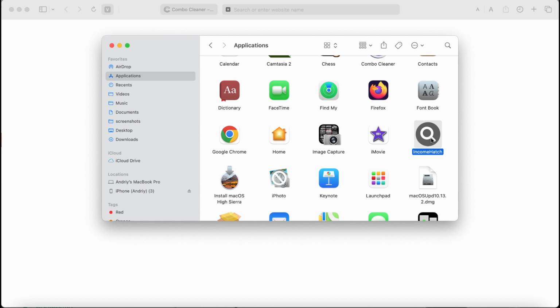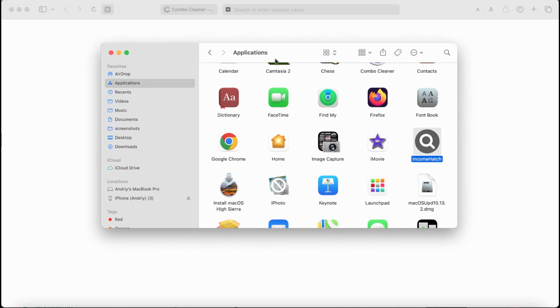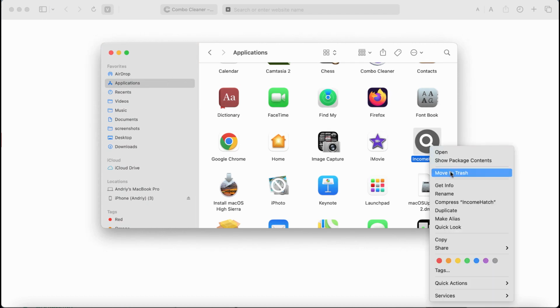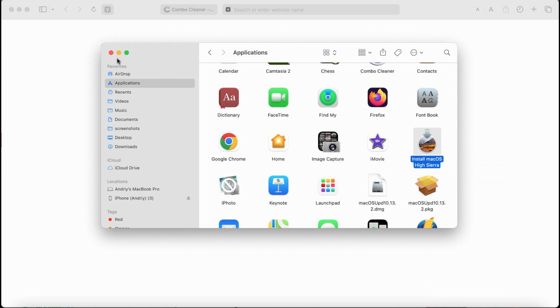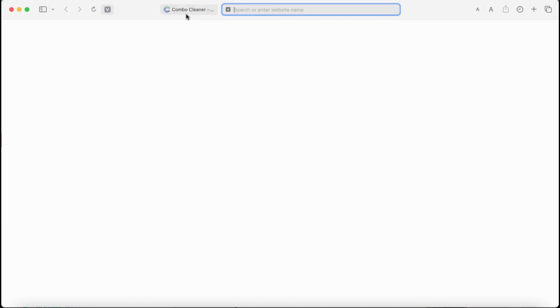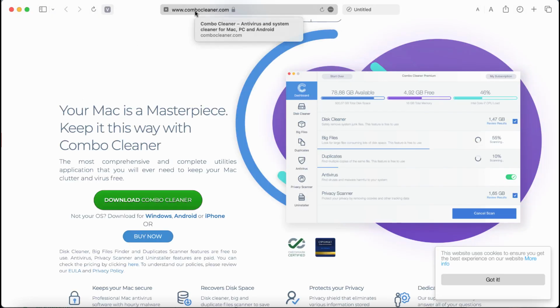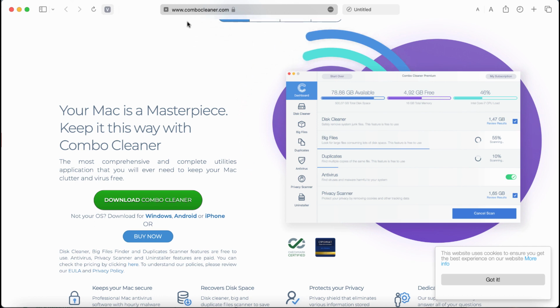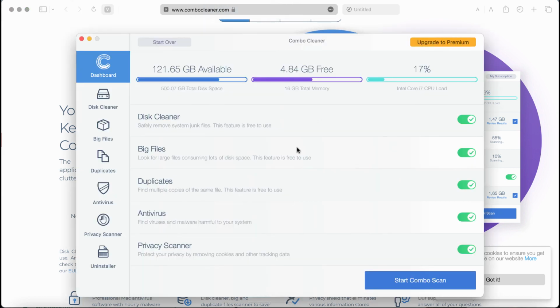If this IncomeHatch was found on your computer, check your applications, find this IncomeHatch, right-click on it, and move it to the trash. I recommend that you additionally research your computer with Combo Cleaner. Combo Cleaner antivirus can be found on this page, combocleaner.com. Use the green download button, install the software, and then start investigating your system in order to detect and eliminate